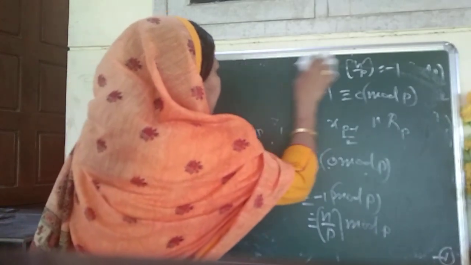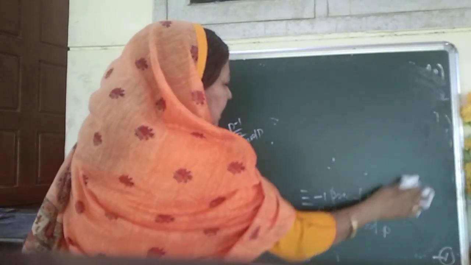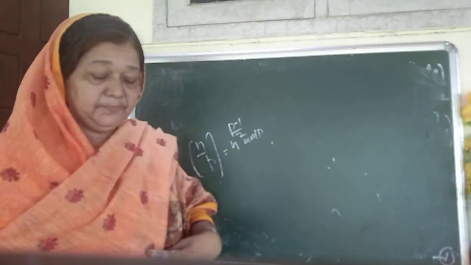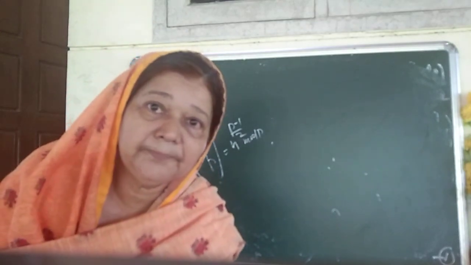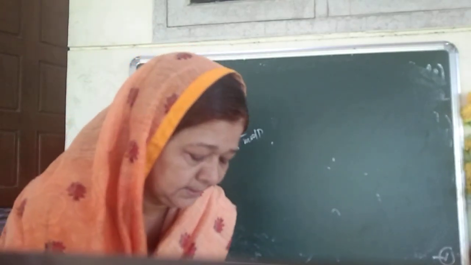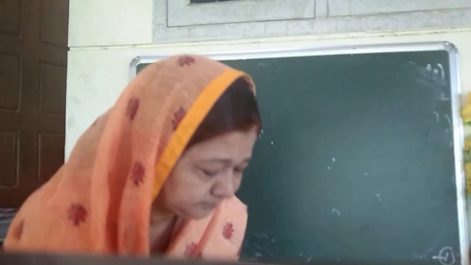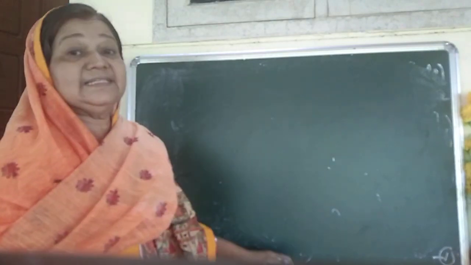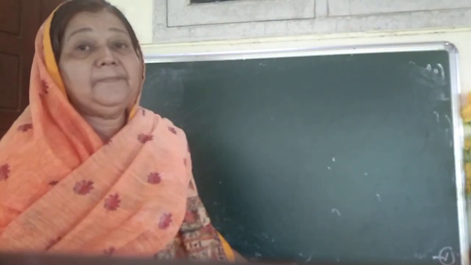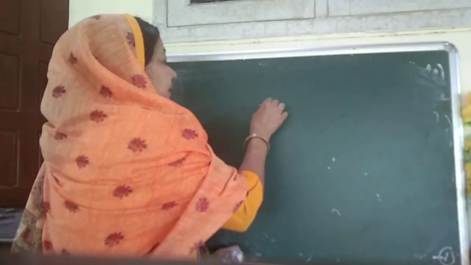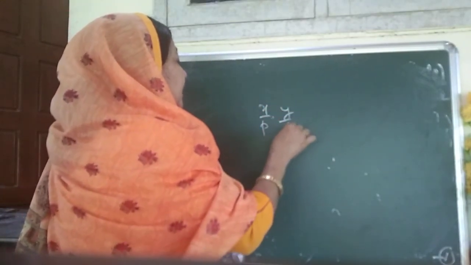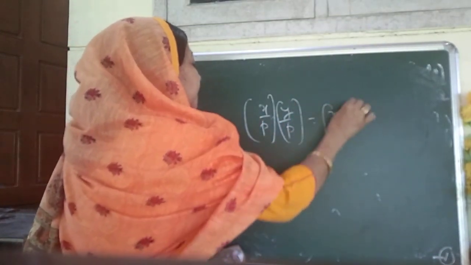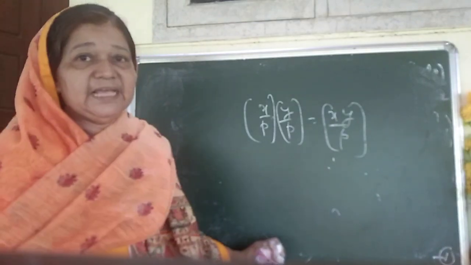So, the Legendre symbol is 1 or 0 or minus 1 according as n raised to (p-1)/2 mod p. Then let us find (-1/p) and (2/p). Before that we can see that this Legendre symbol is completely multiplicative. Completely multiplicative means (x/p) into (y/p), the two Legendre symbols, equal (xy/p). For that, three cases arise.